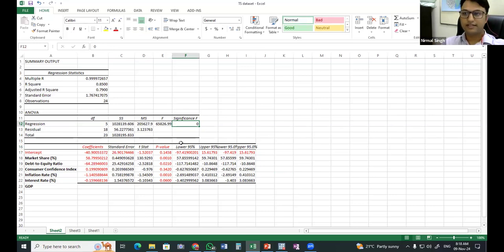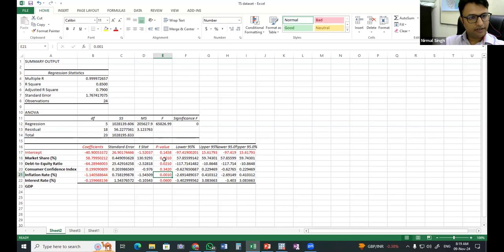Similar is the case with the p-value here for the different variables. If the p-value is less than 0.01 or 0.05, generally in social sciences we take 0.05, we go ahead with the model. If this value is less than 0.05, then we will say that that particular variable is statistically significant. That means that particular variable is having a statistically significant bearing on the dependent variable, which is valuation in this case.